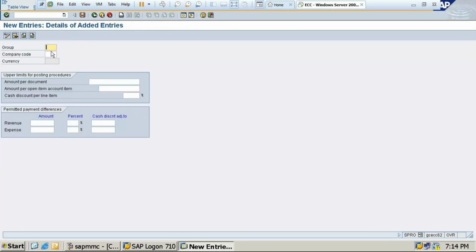Do not type anything in the group, students. Just give the company code, keep your cursor there. So for amount per document I'm going to give 11.9. Amount per document I'm giving 11.9. Here I'll give 10.9.